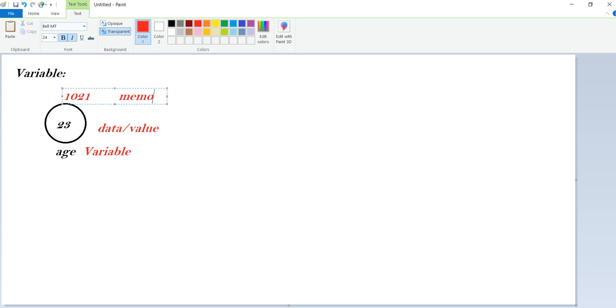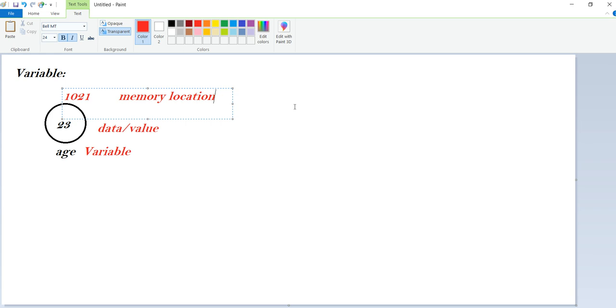Whatever 23, I'm adding the data as storing in the memory location as 1021. This is called a variable. Simply put, a variable is a name given to a memory location where we can store the data.